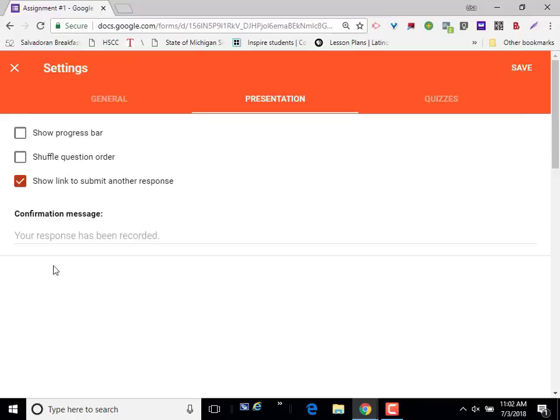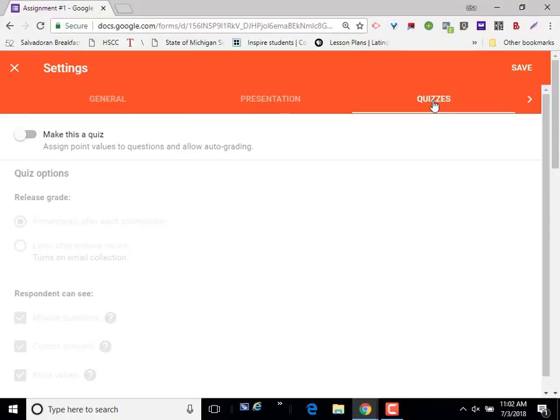Google Forms also has the ability to take a form you create and turn it into a quiz, which it can grade automatically or could be graded manually. That's found under the Quizzes tab. If I wanted to turn this into a quiz, I would have to slide this setting over next to make